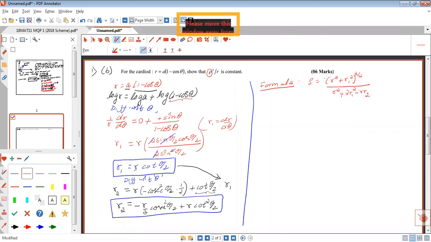This is the formula to find the radius of curvature for the polar curve. Now substitute the values of r1 and r2 here. So rho will be